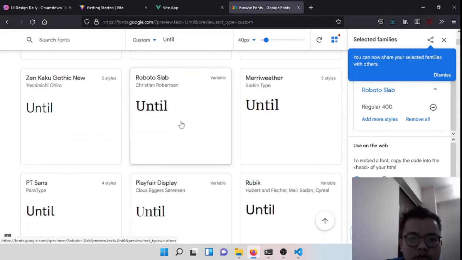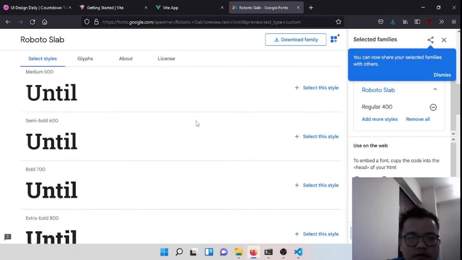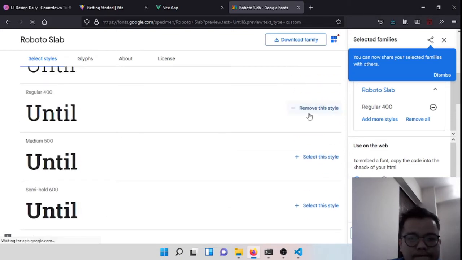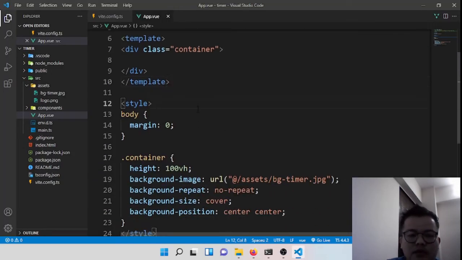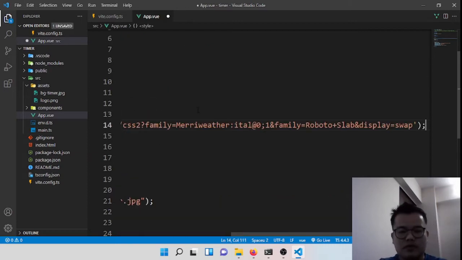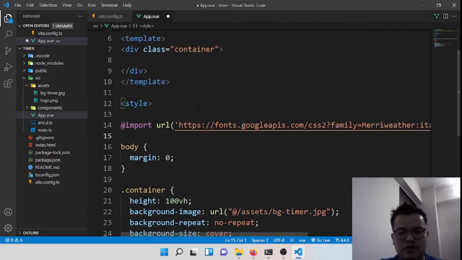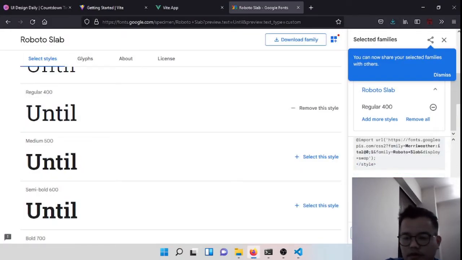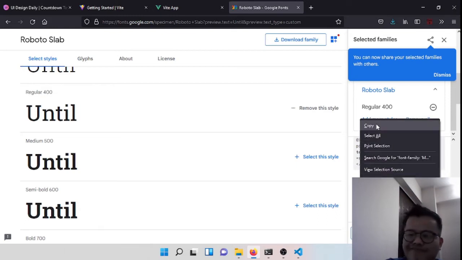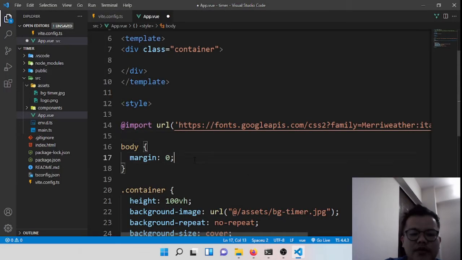I think yes, this looks very familiar. You can use a link or import. I'm going to use import. And setting this font family to